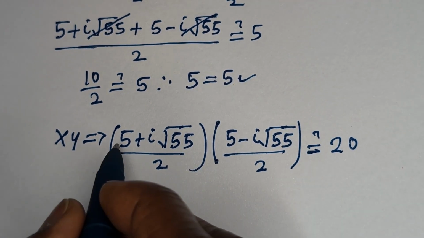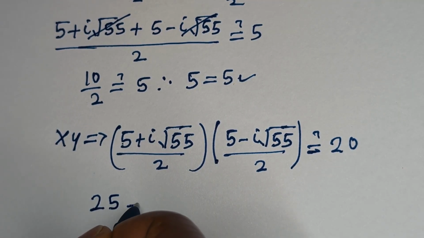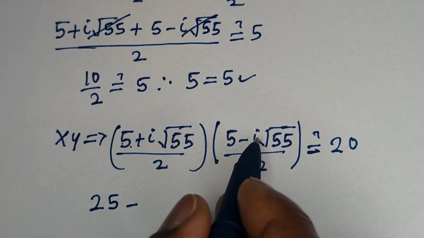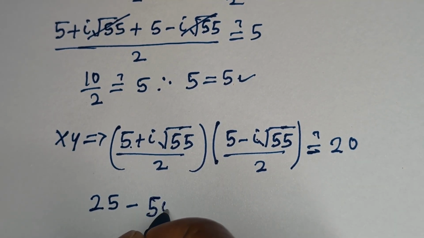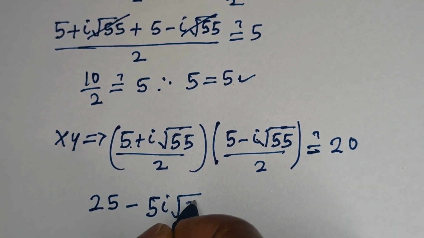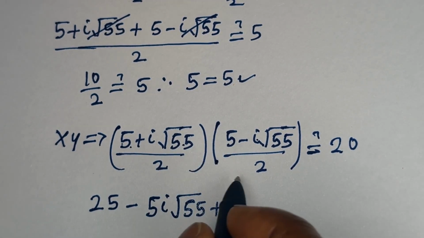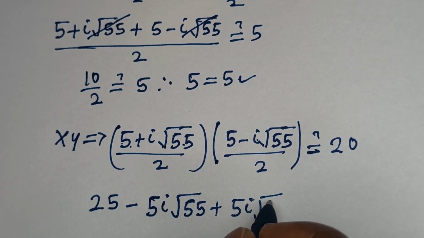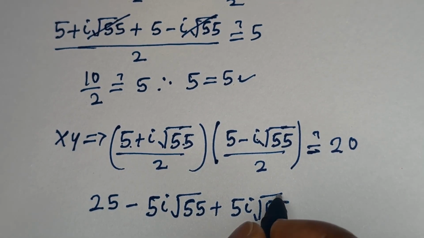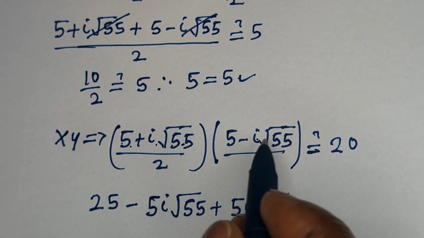Let's open this bracket. 5 times 5, this is 25, minus 5 times i root 55, this is 5i square root of 55, plus i root 55 times 5, this is 5i square root of 55, plus i root 55 times